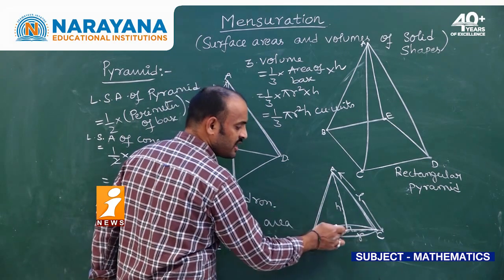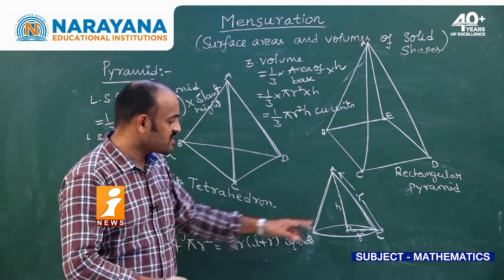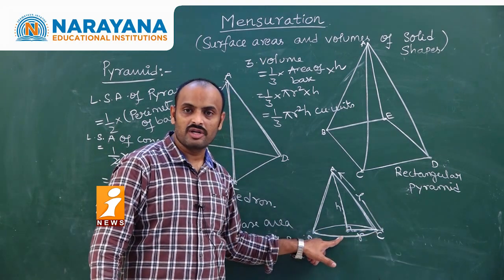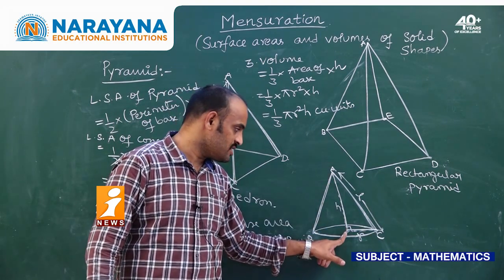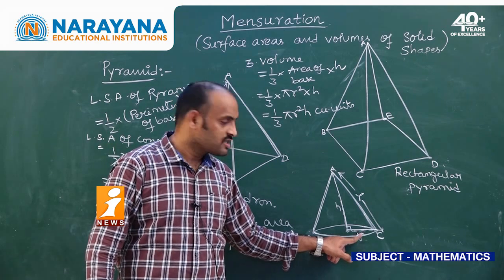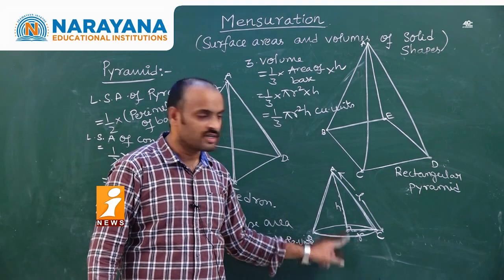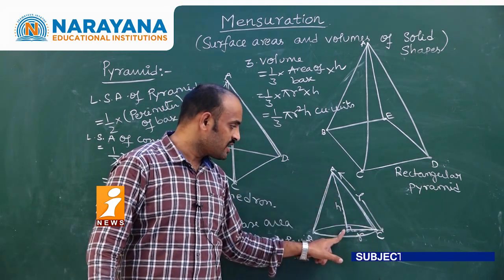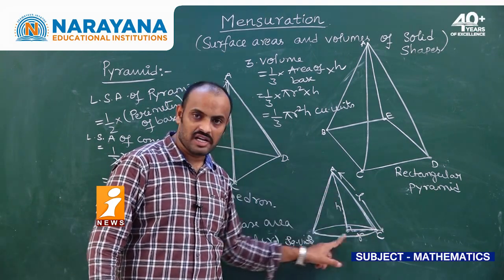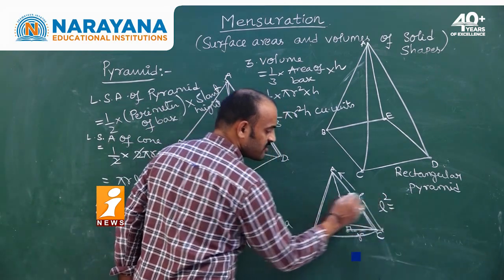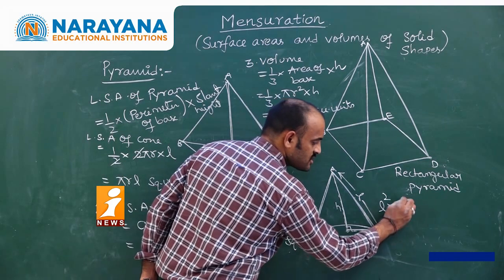And if you see one more thing, does it form a right angle triangle or not? We call it a right circular cone because the axis is perpendicular to the base. The axis is perpendicular to the base. Therefore, h and r are perpendicular to each other. Therefore, it forms a right triangle. According to Pythagoras theorem, hypotenuse square is equal to side square plus side square.